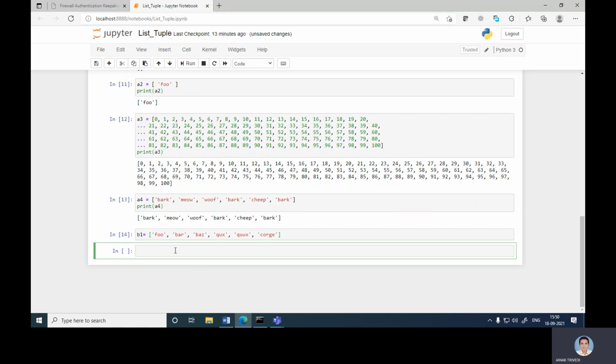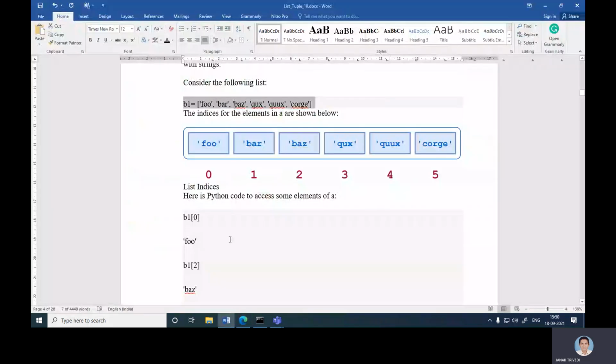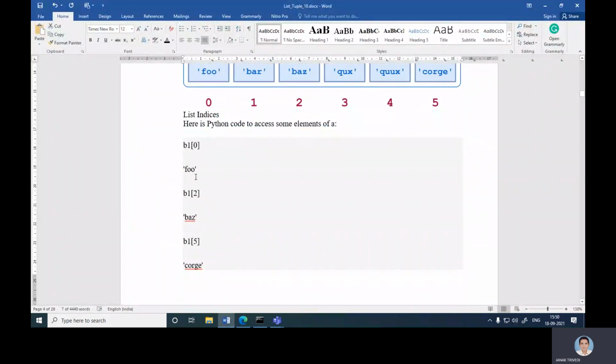Okay, now if we run just b[0], then it gives 4 as the output, because it is the 0th index. Similarly, b[1] will provide bar. So this is the same example explained: b[0] is 4, b[2] is bars, b[5] is codes.